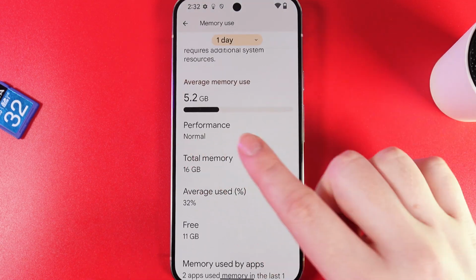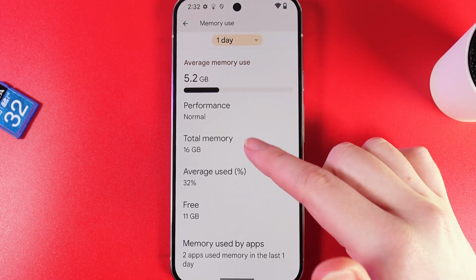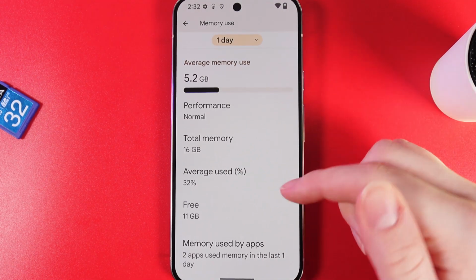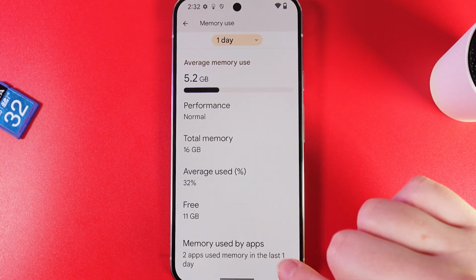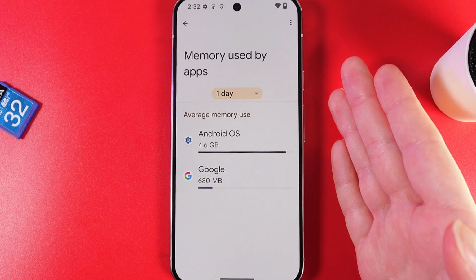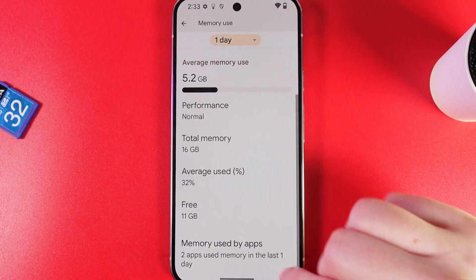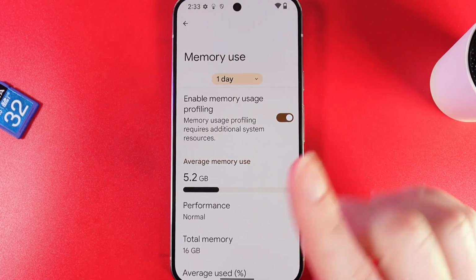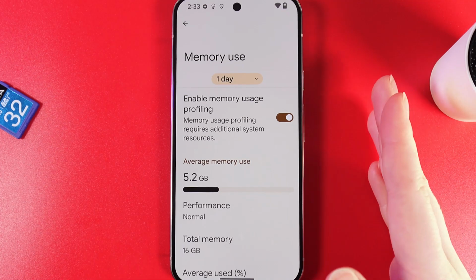You can see the average memory use, performance, total memory, average used in percents, free, and also you can check the memory which the apps are using. And this is it. So let's check it, and before you will enable this feature, you would need to enable